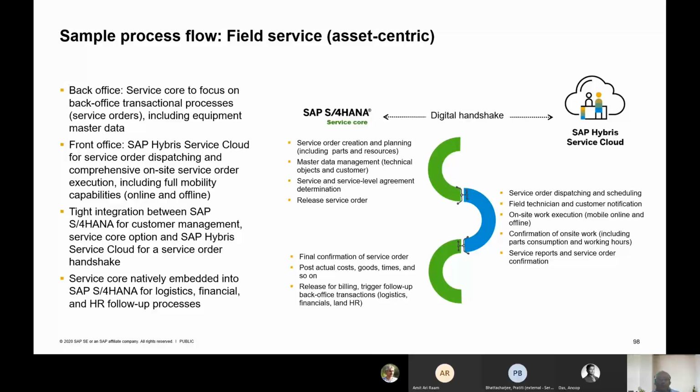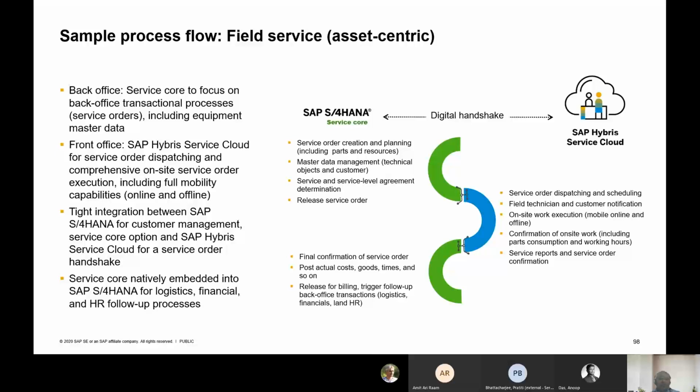So that interface has been established, and these will be available for the field service personnel to attend to at the earliest, and the field notifications will be available directly based on the service core functionality triggers, and this will allow them to do the on-site work and execution. Once the execution is done, the same is also confirmed in the digital core system for the service order.